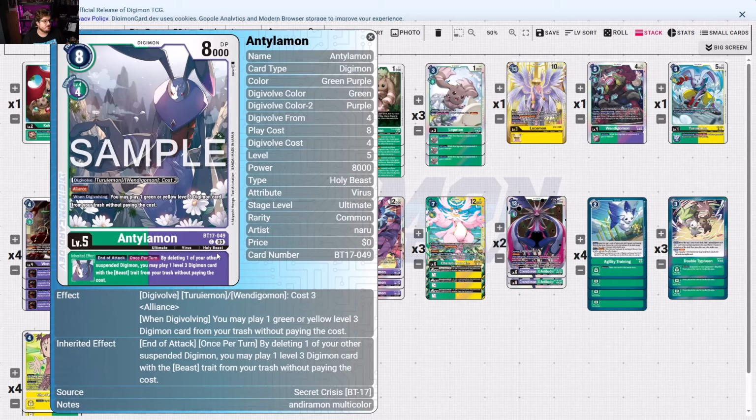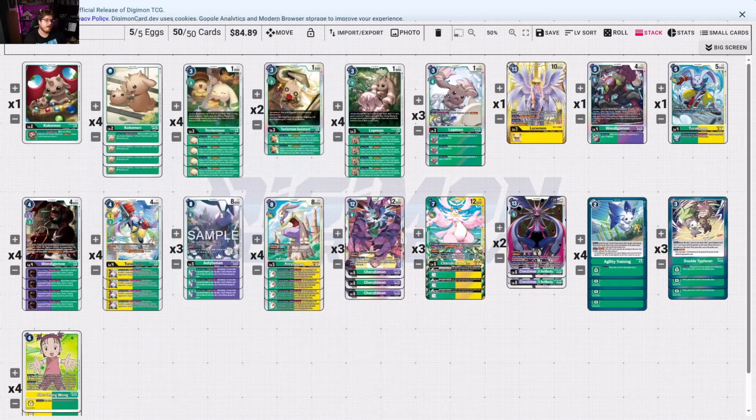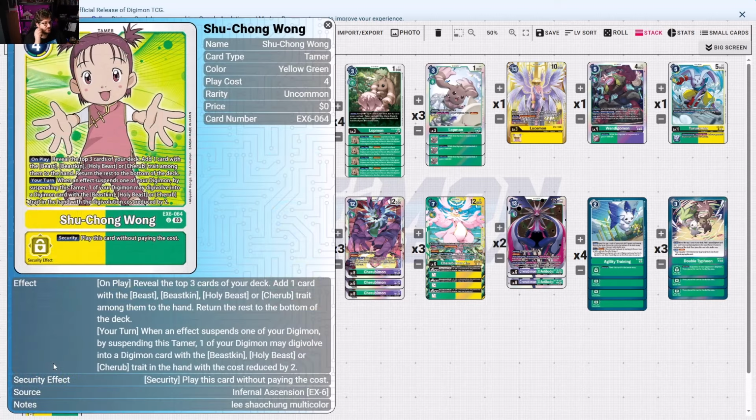It has Alliance. When Digivolving, you may play 1 green level 3 or lower from your trash without paying its cost. And then at end of attack, delete one of your opponent's other suspended Digimon. You may play 1 level 3 card with beast traits from your trash without paying its cost. It just hyper focuses on Lotmon and stuff like that to just get into